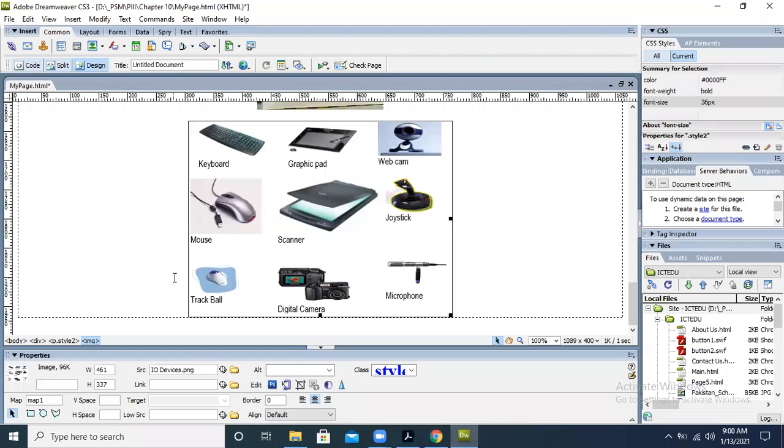So what we are going to do is make one image map for the mouse, so I can give it the name M1, let's suppose. And I take this rectangle shape.